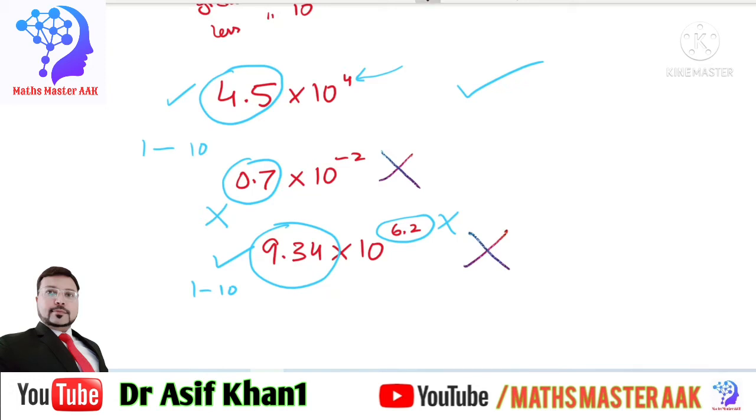Again, if you have a number like 1 times 10 raised to power, let's suppose, minus 5. Will you say that this number is in standard form? Yes, because this is 1, as described, it is in the range of 1 to 10. And on the other side, you can see this power is a whole number, a negative whole number. So this one is also okay. It means this number is also in standard form.